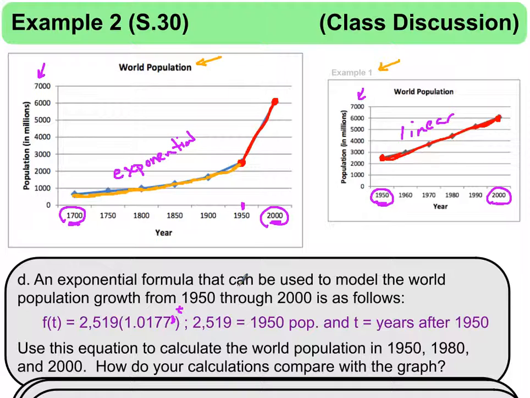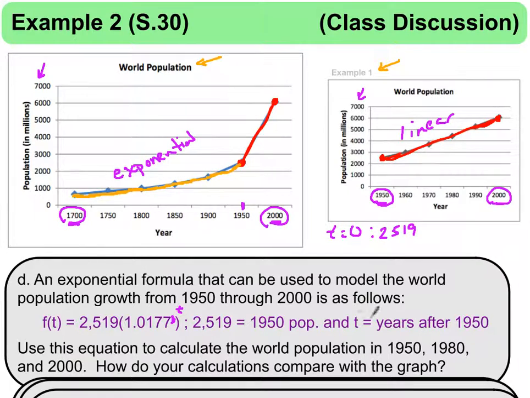So they would say use this equation to calculate the world population in 1950, 1980, 2000, and so forth. I won't go through those in this particular example, but just to look at it for a minute, if we're talking about 1950, that's the year that we started, so that would be t equals 0 because that's their starting year. And the reason why that's significant is because that's our starting population. So in 1950, we would have